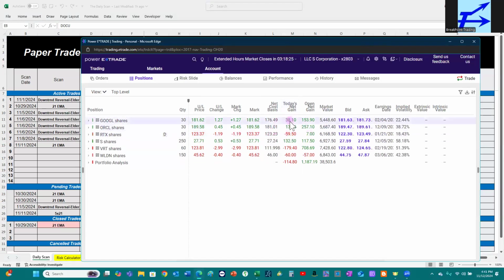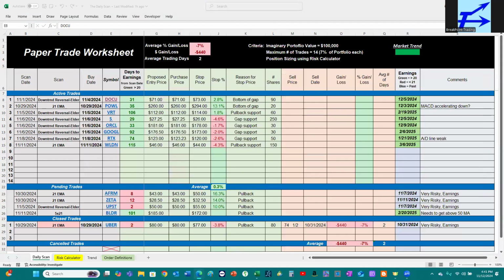You can see today's net gain, 3 of them were negative. So even though we didn't go negative overall, 3 of them actually went down today. But overall, not too bad. Still fairly positive. So let's now take a look at